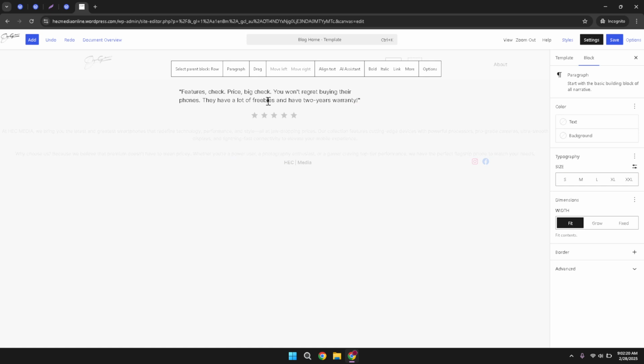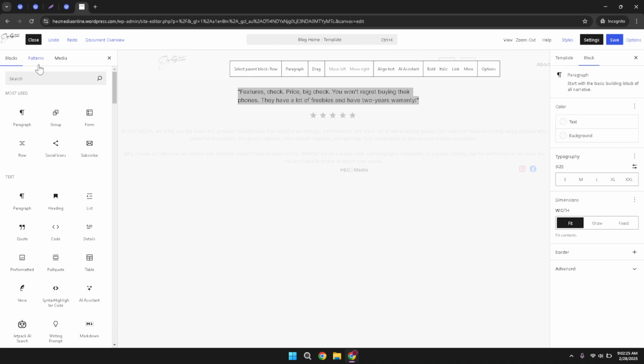Now, to add a new element to your site, locate the Add button, usually positioned on the top left corner of the editing interface. Clicking on this will allow you to add various elements, including text. Once you've added the element, you can type in your desired text directly into the website. This will be the content that your styled text box will highlight.